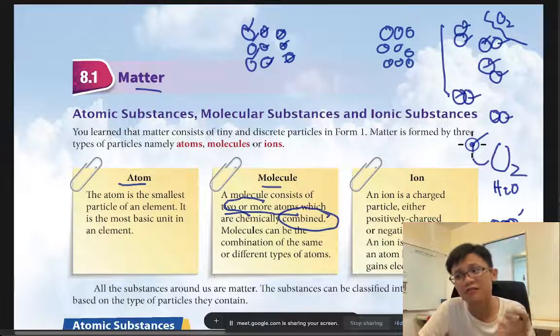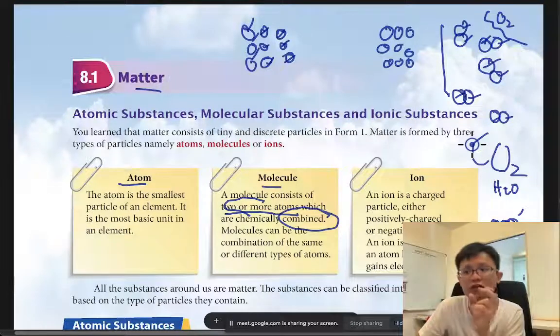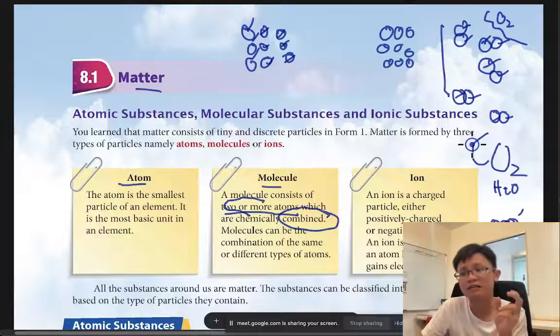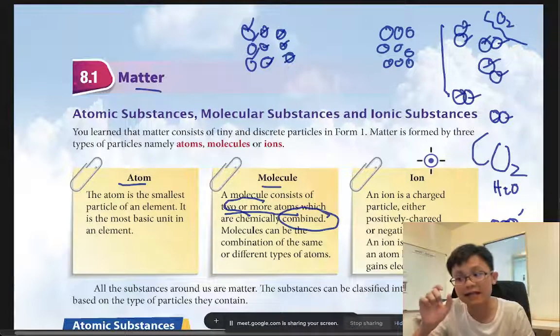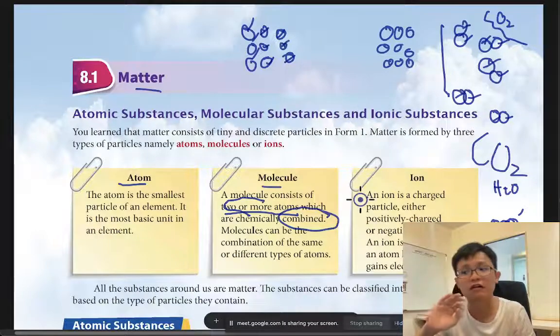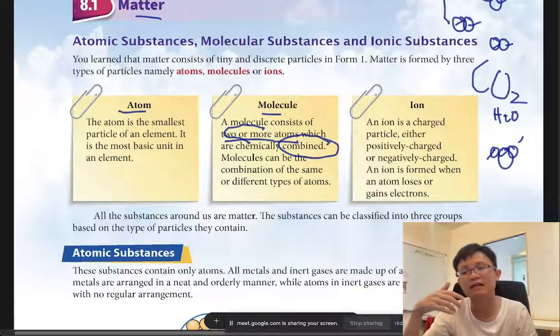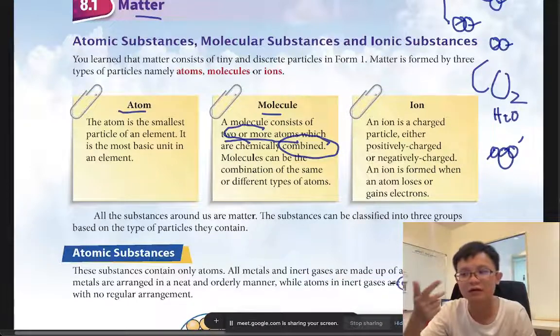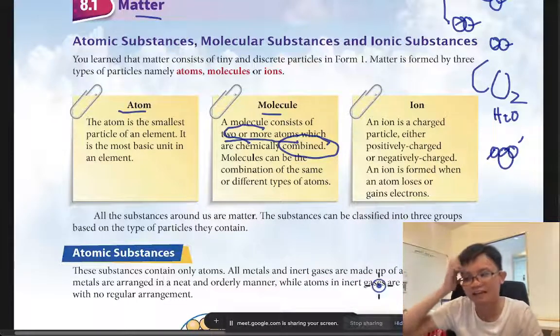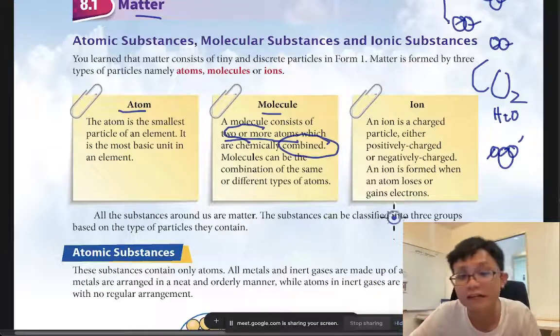So in science also, we have the words molecule and atom. Particle also is a very confusing word. Particle, compound, these are the few words that we know. But before I continue this topic, you need to understand the definitions first. If not, you're confused, because after this class I will talk about atom, molecule, compound, particle. Then you'll be very confused.